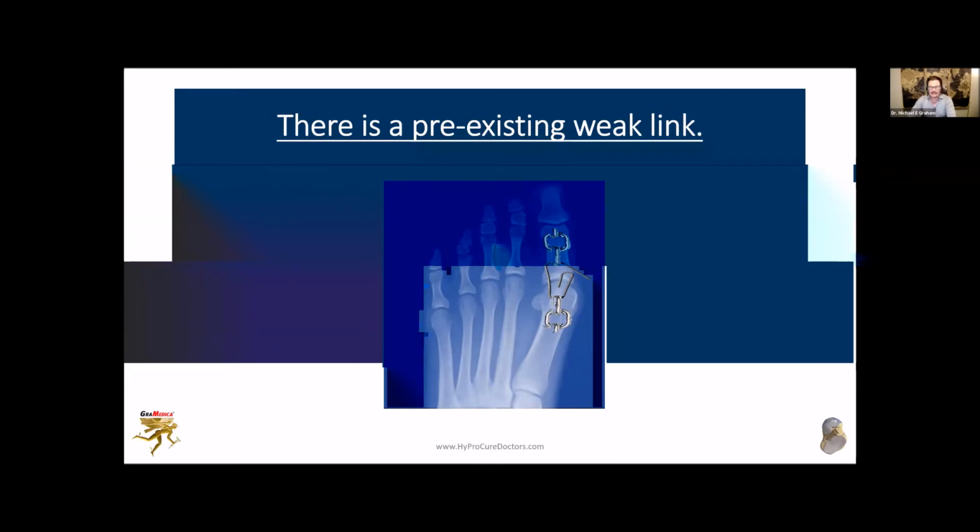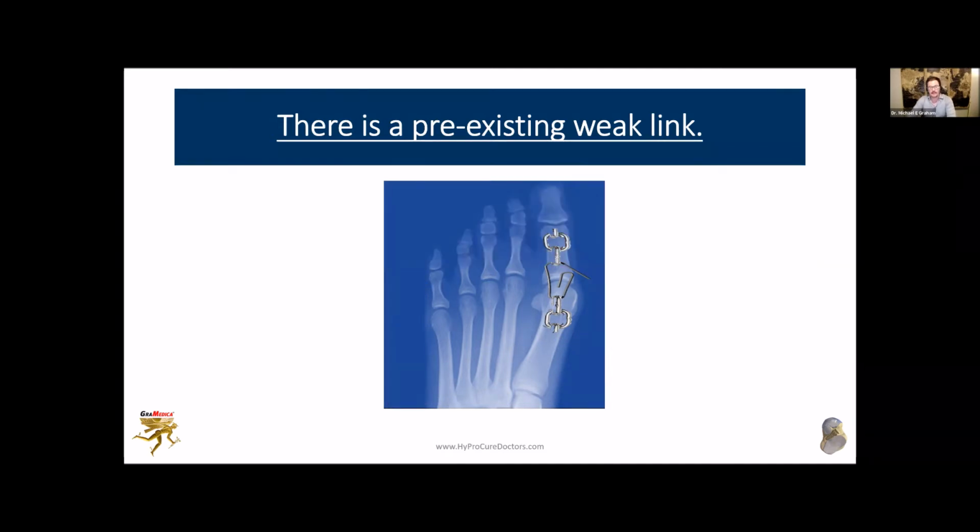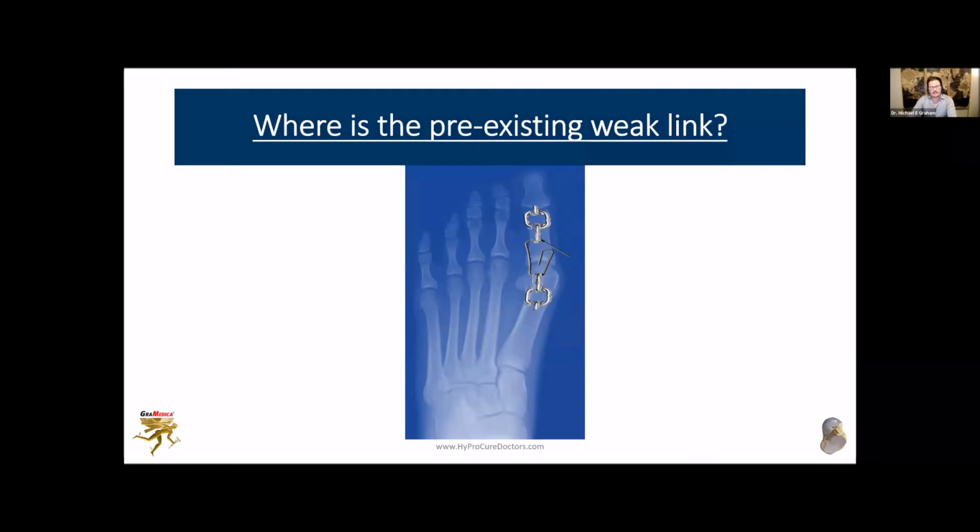So we know that there's an angular deviation between the first metatarsal bone and the hallux. So is that the weak link? Is that where our focus should be driven with our treatment options? Is what can we do to realign that first MPJ? But we need to zoom out a little bit and look at other parts of the foot to see, does it really make sense that that's where we should focus our treatment, just with some kind of surgery to realign the head of the first metatarsal and the base of